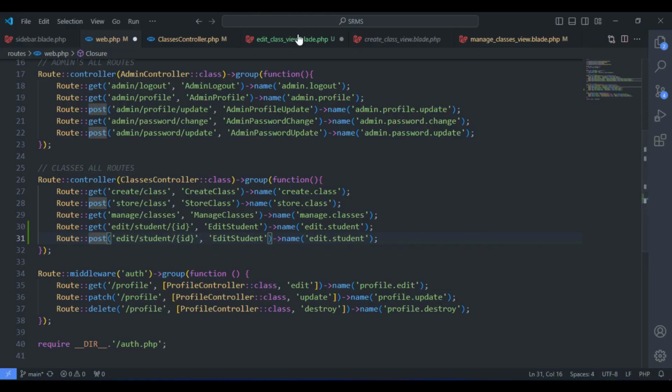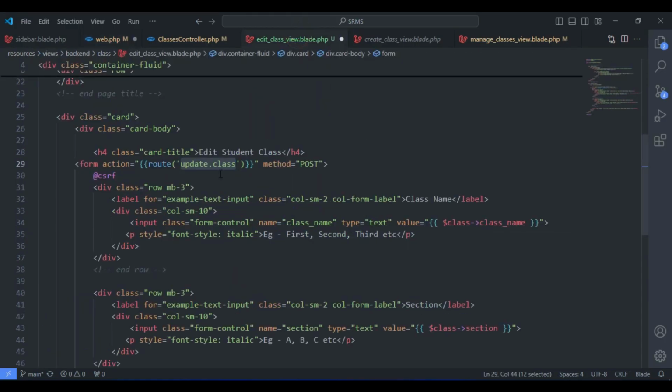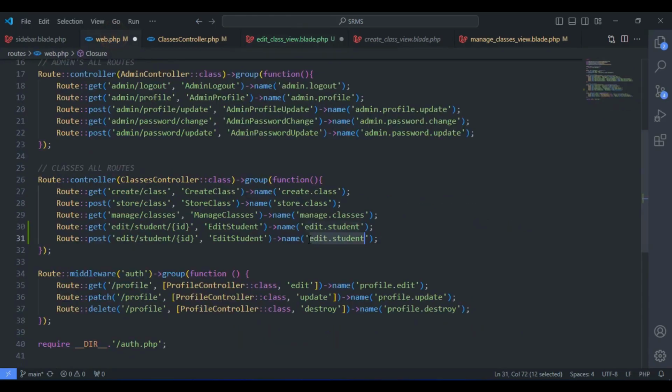And now let's go ahead and update our route name. Copy our new route name. Let's update this, say update class. So let's change this to update class, paste this. Okay, something like this, update class. This time around we're not going to be passing a route parameter. Let's change this to update